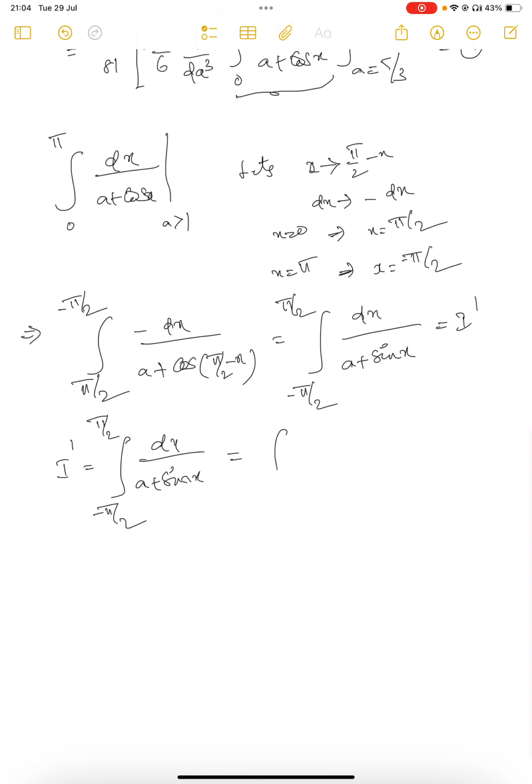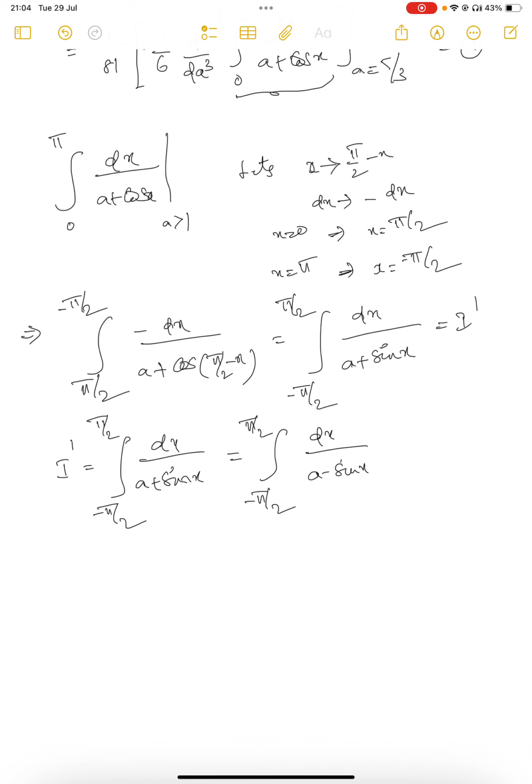Then you can write it as minus pi by 2 to pi by 2 dx by a plus sine of minus pi by 2 plus pi by 2 minus x. Then it will be sine of minus x, which is minus sine x. So these both are equal. If you add these both,